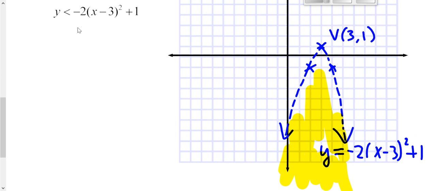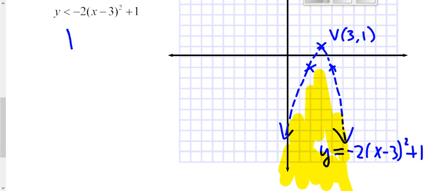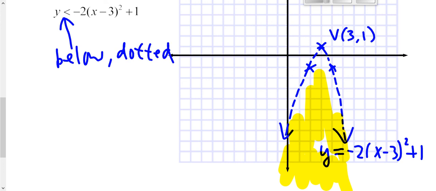So dotted line, because, well, maybe I should write down here. Because of this sign, we shade the below region. So below, and also because we don't have the equal component, therefore we use the dotted line. Next,